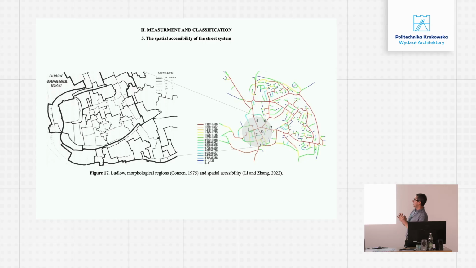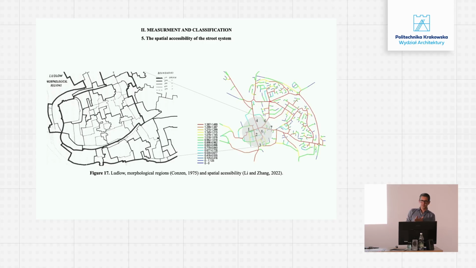So this would be a typical Conzenian map of understanding of a city, and this would be one of the possible maps coming out from the space syntax community. For space syntax, at least in its most pure essence, we could understand many things about cities if we just focus on streets and nothing else. And it is possible to make a link between both approaches, and many researchers have done this link over time